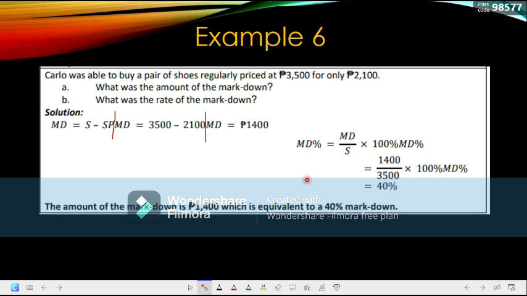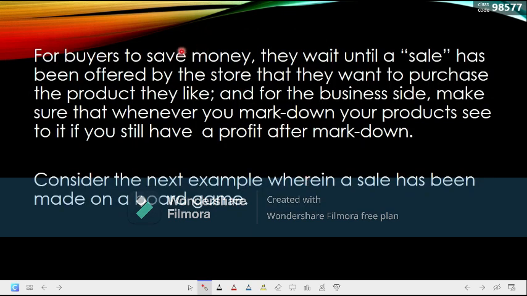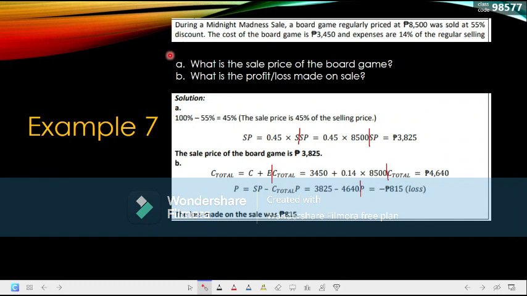Now for buyers to save money, they wait until a sale has been offered by the store so they can purchase the product they like. And for the business side, make sure that whenever you mark down your product, you still have a profit after markdown. Consider the next example wherein a sale has been made on a board game. Let's have the last example. During a Midnight Madness sale, a board game regularly priced at 8,500